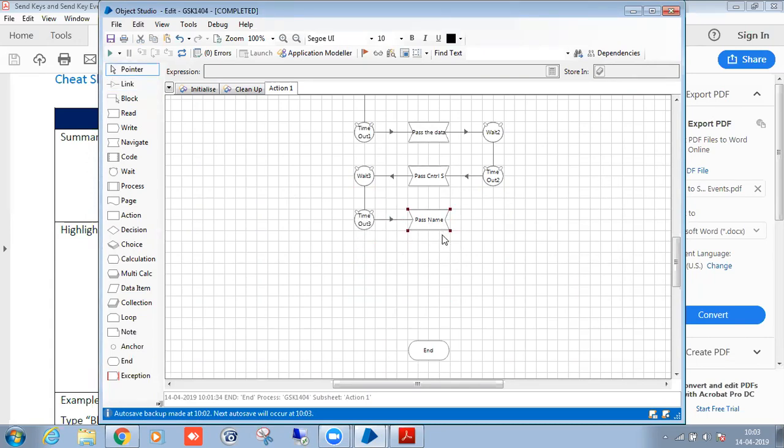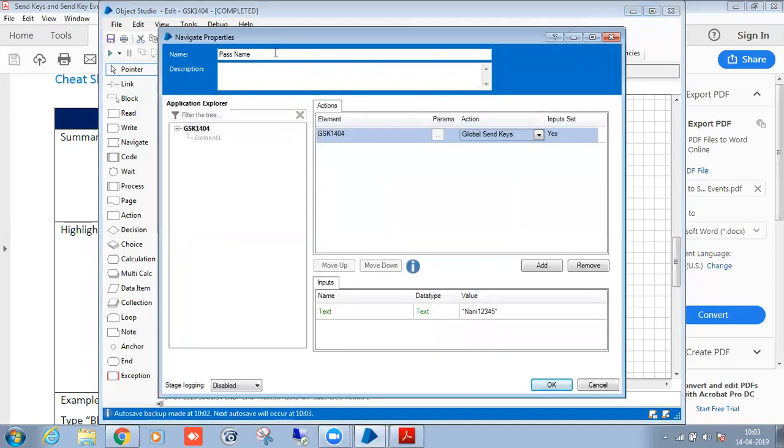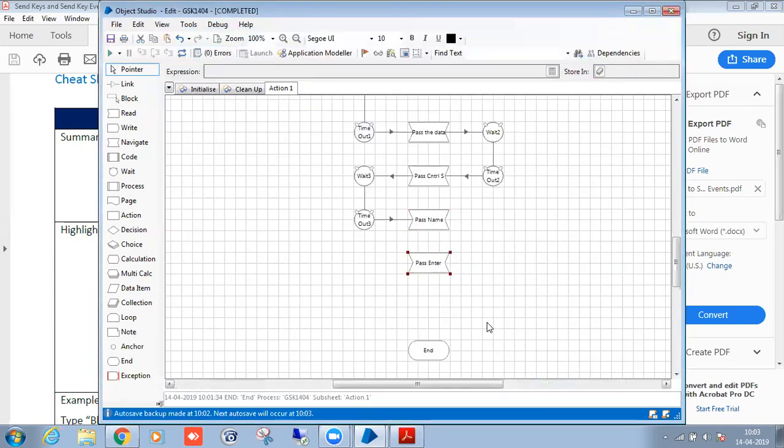Then after that we have to press Enter. Pass Enter. So how to pass the Enter? This is the syntax to pass the Enter.